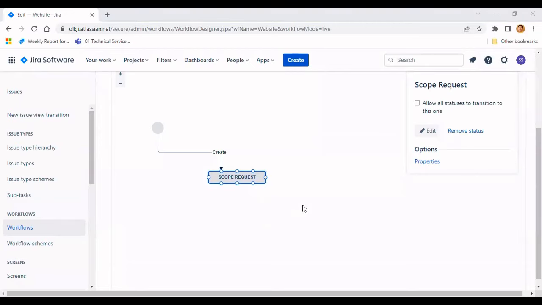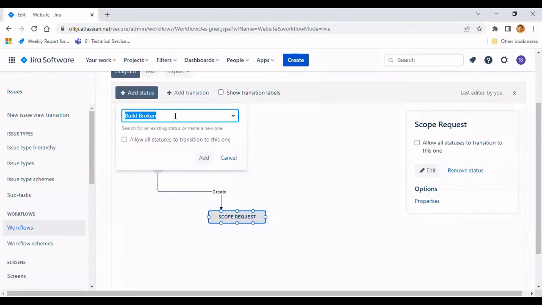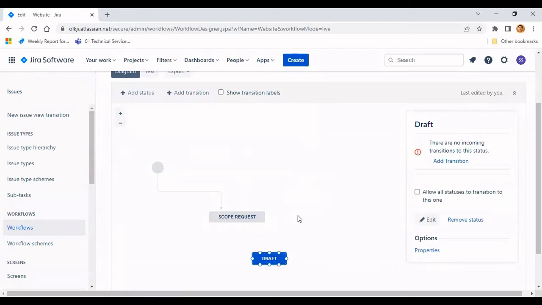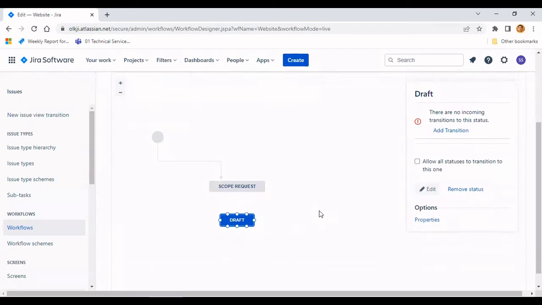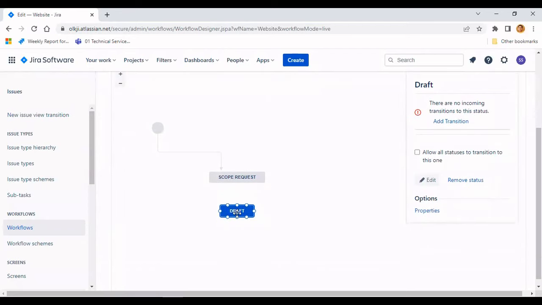Now the other one is we want to create the status as draft. So again, we will go add a status. We'll put draft. And now you can see over here, it's coming in blue, right? So it means it falls under in progress kind of status, right? Over here, you can see it's kind of gray, which is kind of to do kind of thing, right? And this is a draft.